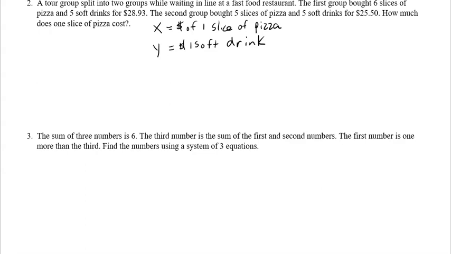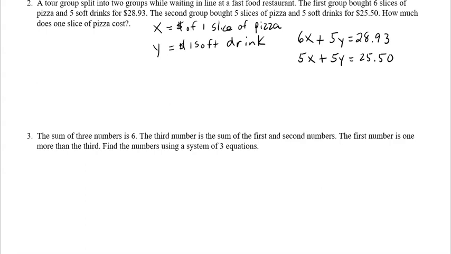So the system that represents the first group and what they bought would be 6 slices, so 6 times x, and then 5 soft drinks, so 5 times y, and that totaled $28.93. And then for the second group, 5 slices of pizza, so 5 times x, plus 5 soft drinks, 5 times y, and that equaled